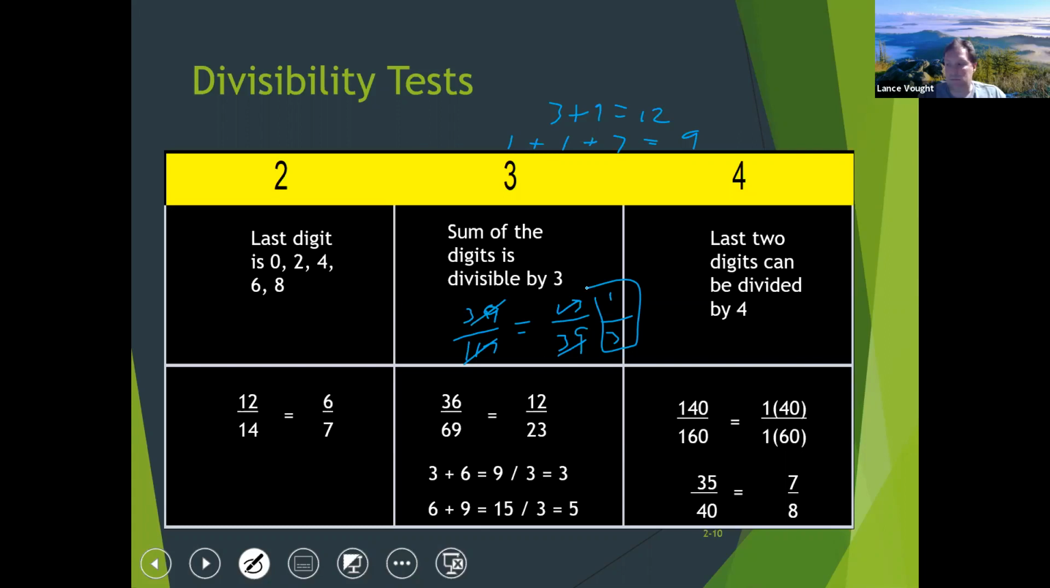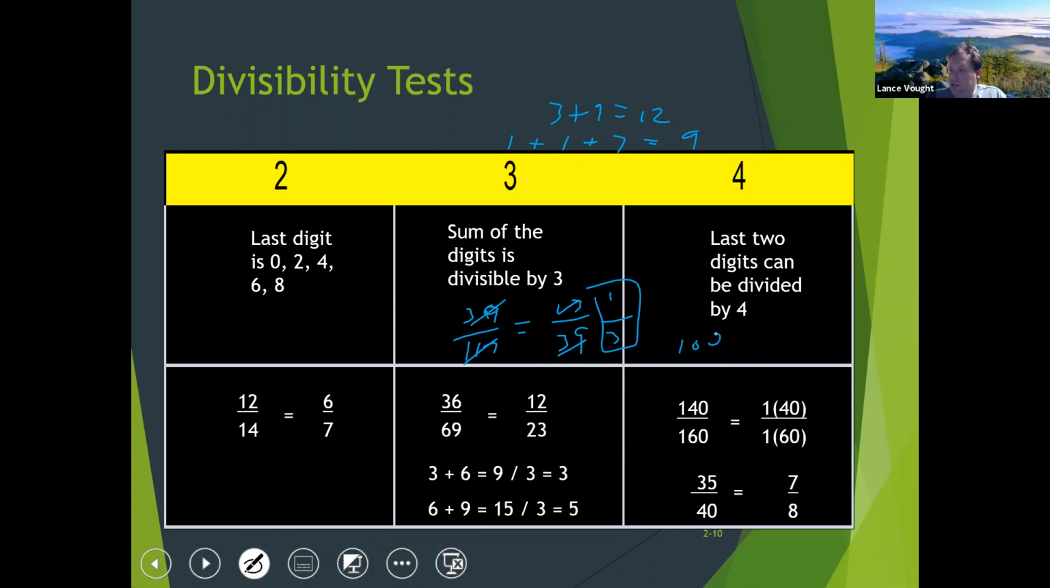Four. If the last 2 digits are divisible by 4, then you can break this down by 4. The reason why anything beyond the last 2 digits is unnecessary is because anything in the hundreds or thousands is divisible by 4, because if you think about it like this